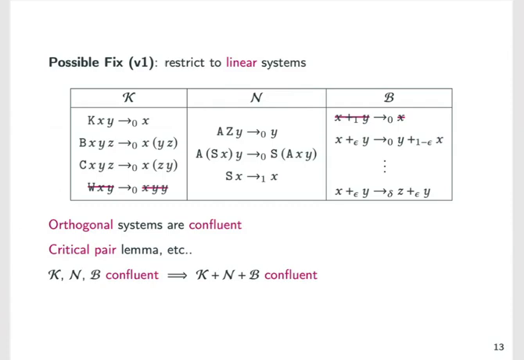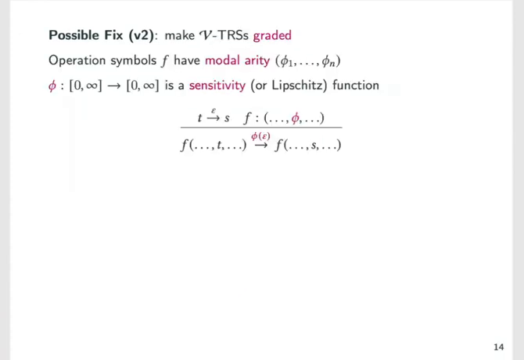That is okay. There are nice examples of linear systems for which the theory can be successfully applied. But in general, looking at linear systems only is a kind of strong limitation. So one can ask if we can do better. And again, the answer is in the affirmative. Here the idea is essentially to mimic what people do in bounded linear logic or coeffects and similar fields, which essentially means to refine the syntax in such a way as to have a tight control on duplication.